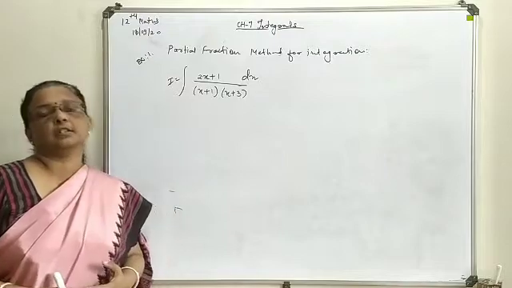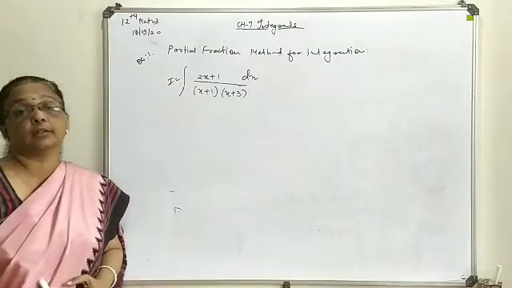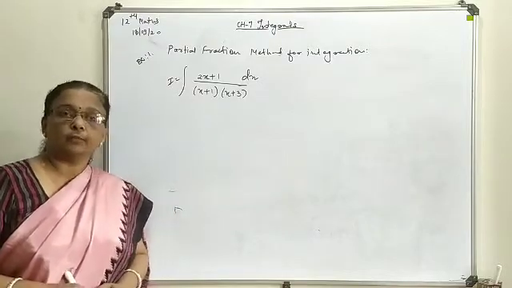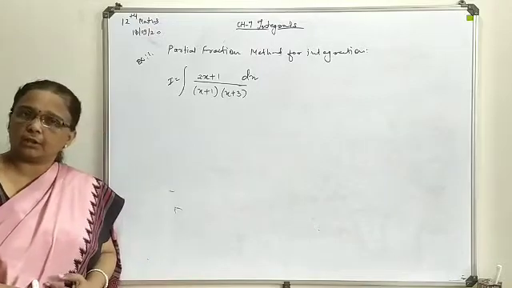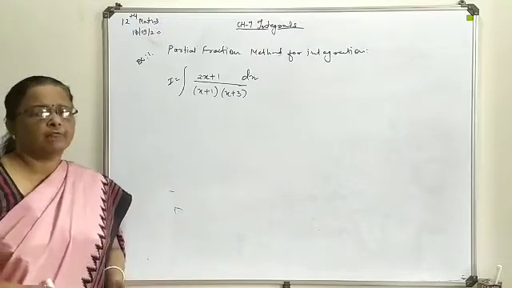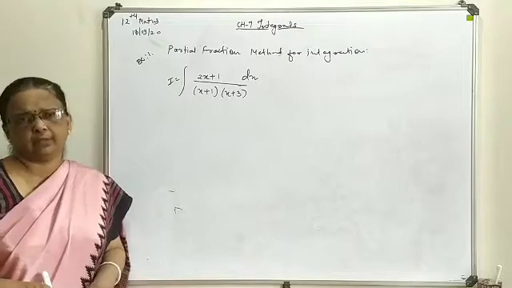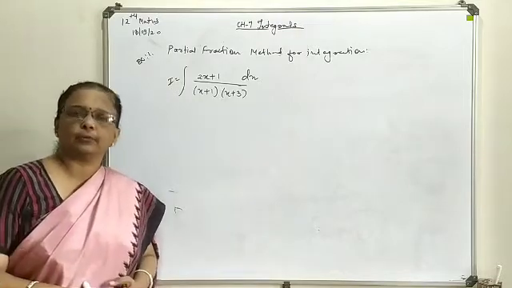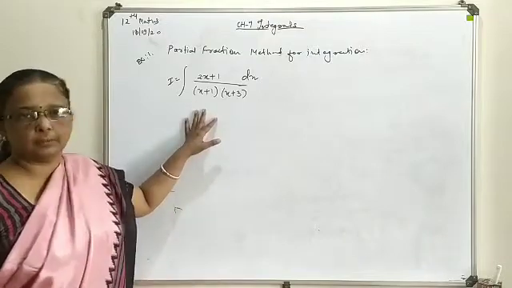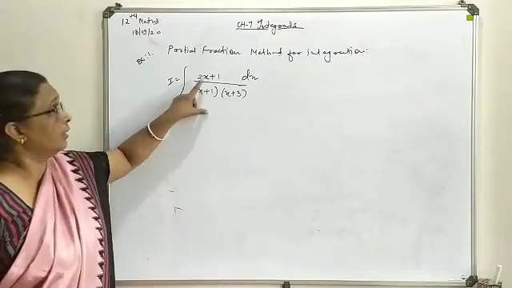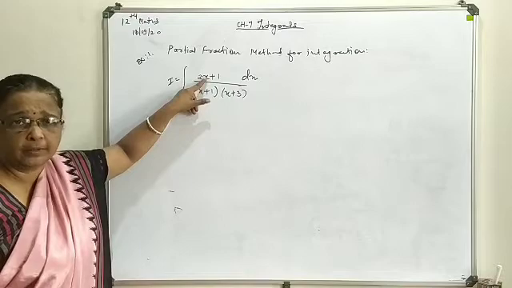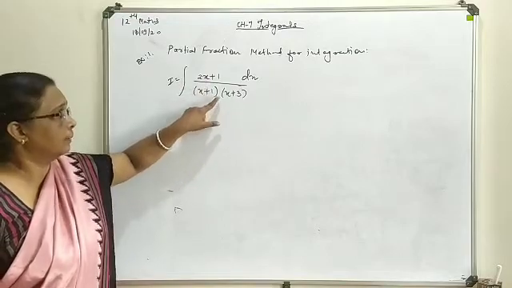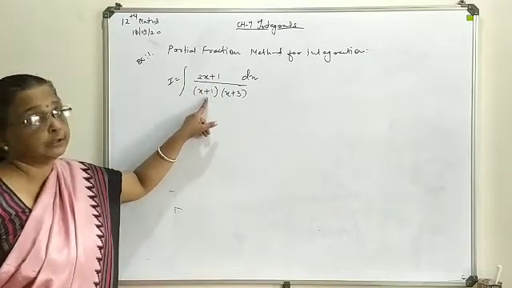In some of the cases, if this situation is not fulfilled, it is called an improper form, and you have to convert the question into a proper form by factorizing or the division method, whatever else. It depends upon the question form which method you can implement over there. Now here first of all be sure that the power of your x in the numerator is less than the power of the terms available in the denominator.